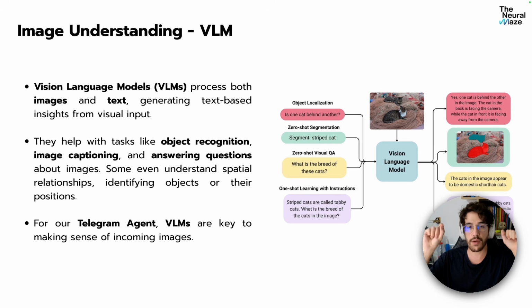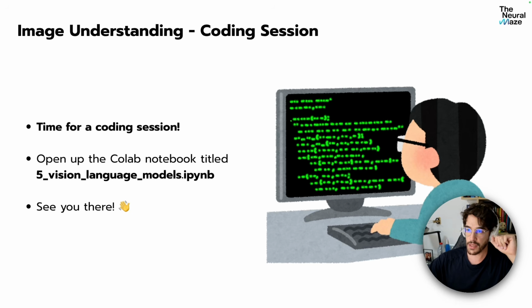We need a vision language model that is able to transcribe, that is able to generate a description of this incoming image, right? It's incredibly simple to use these VLMs inside OpenAI, because many of the models that we are using for our daily tasks already include some VLM capabilities, all right? So let's go to vision language models, to the 5th notebook, and I will show you how easy it is